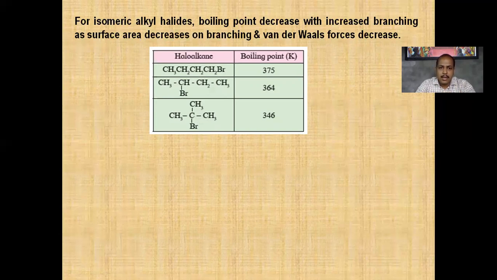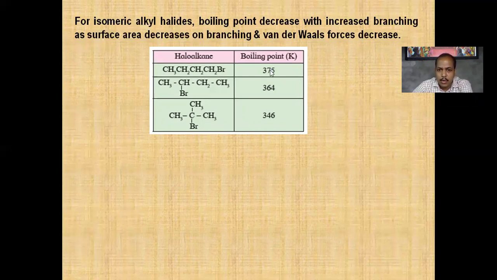First is straight chain, second is iso type, and third is neo type. Okay, we have seen iso and neo, and the straight chain we call n type. N, iso and neo type means here the number of carbon atoms is the same, the halogen is also the same, that is bromine is present, 1-bromobutane, 2-bromobutane. Similarly, the same halogen atom is present, the number of carbon atoms is also the same, but the boiling point, what